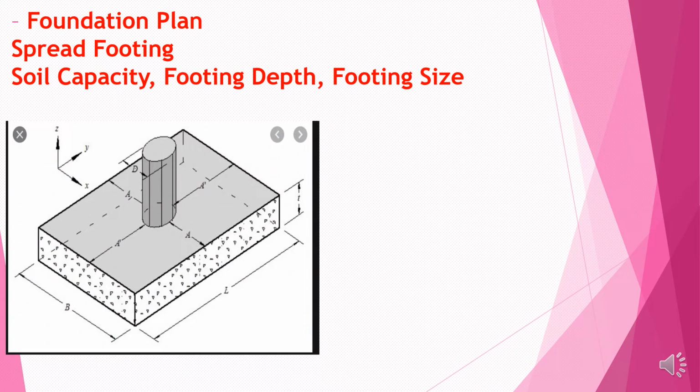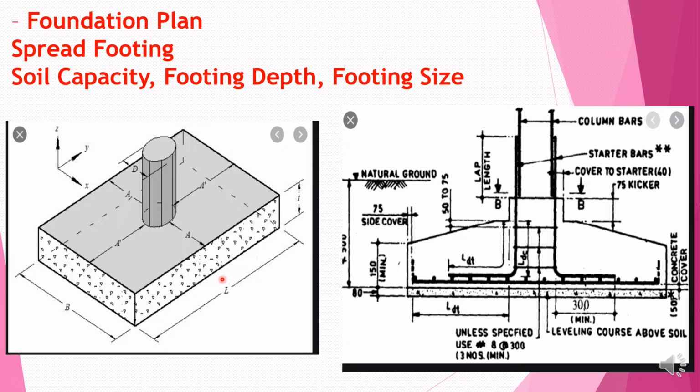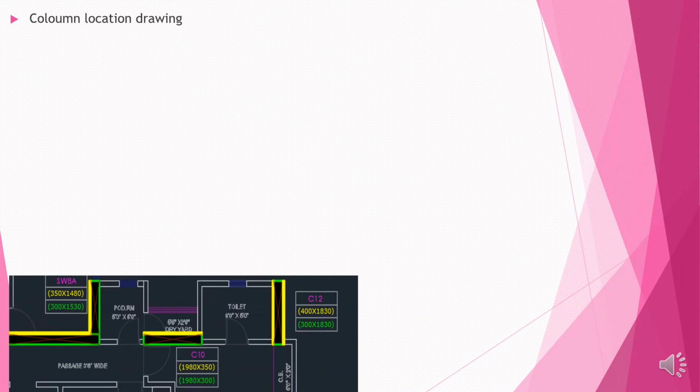See again, in the foundation plan you can see the foundation length, the foundation breadth, and the height mentioned, and from the column face the external face center, etc., will be marked. The reinforcement will have all the details: the length, the cover, the level of the top from ground level, the stirrups, etc., which will be mentioned in the RCC drawing which we call a section. Okay, column location drawing.